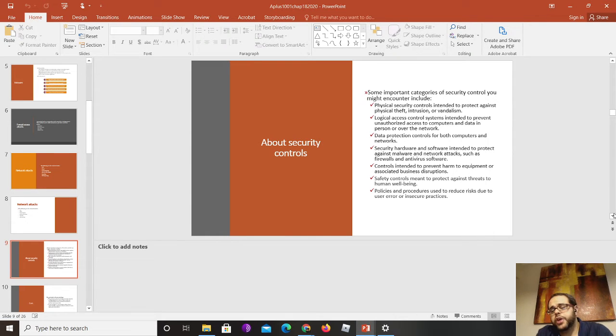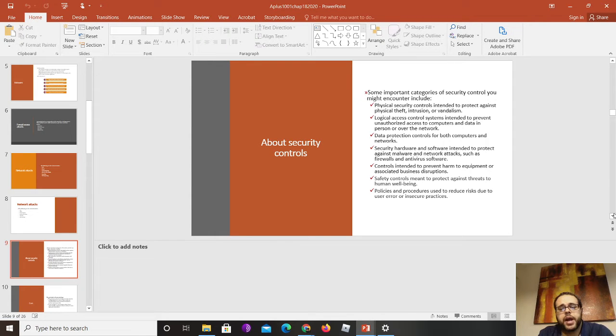You have data protection controls for both computers and networks. You have security hardware and software, which is intended to protect against malware and network attacks, such as firewalls and antivirus software. You have controls intended to prevent harm to equipment or business, or associated business disruptions.